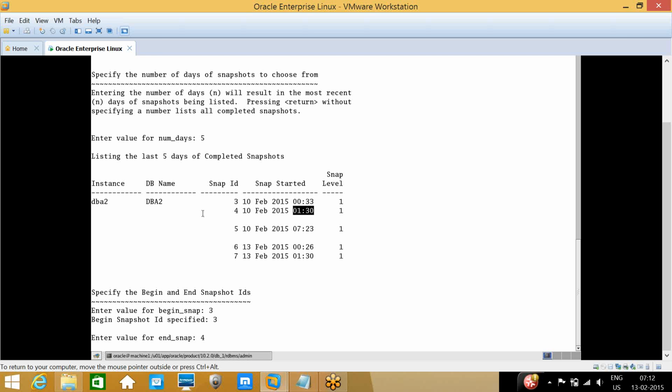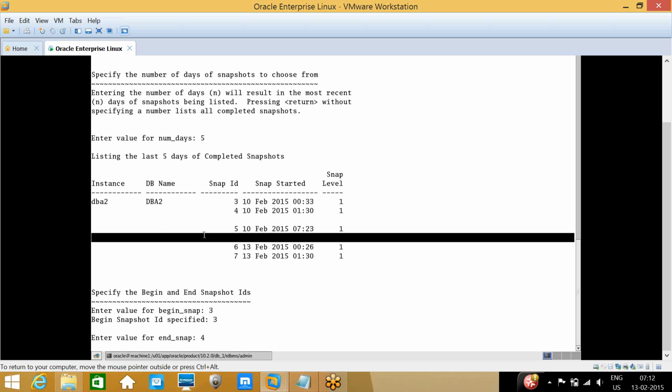But what if our time range is not there? Usually in production, that will not happen. Our database will be running 24/7, so all the snaps will be recorded for every day. For every 1 hour, all the snaps will be recorded, taken care of by Oracle internally. Suppose if you shut down the database, then the snaps will not be available.